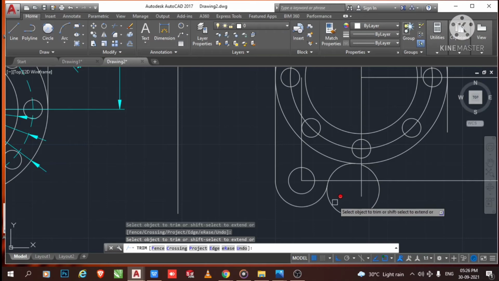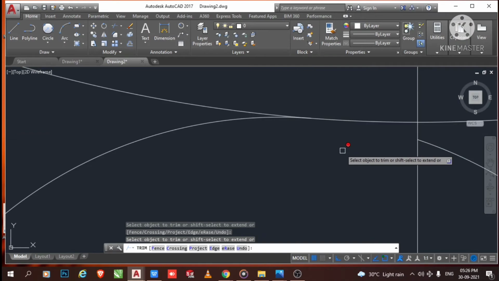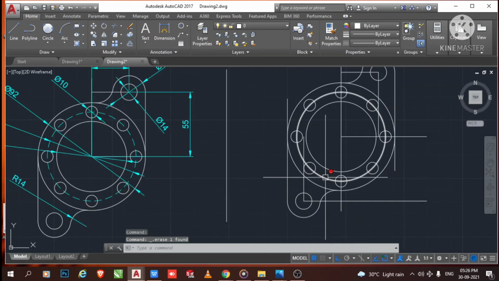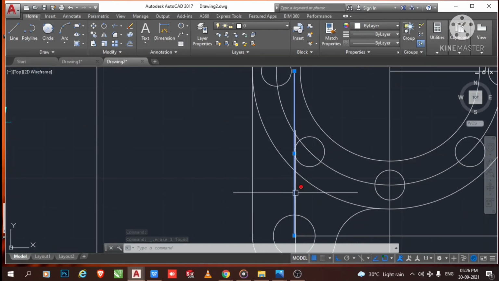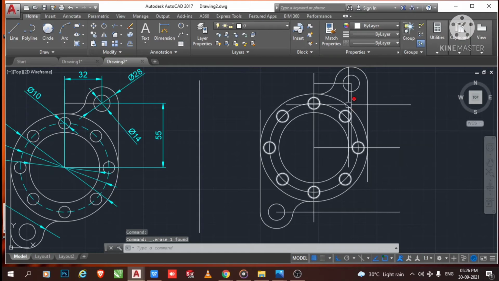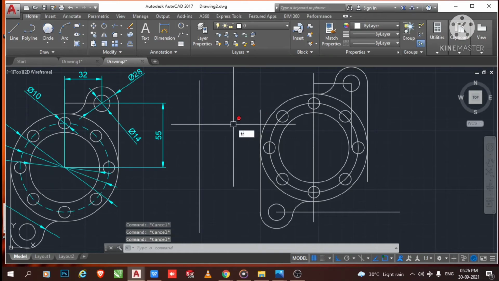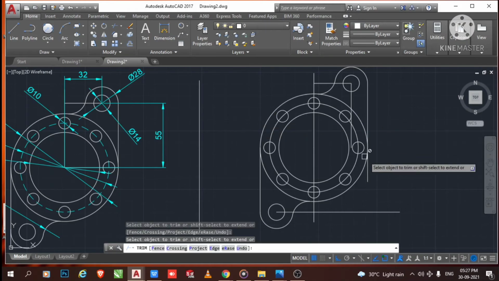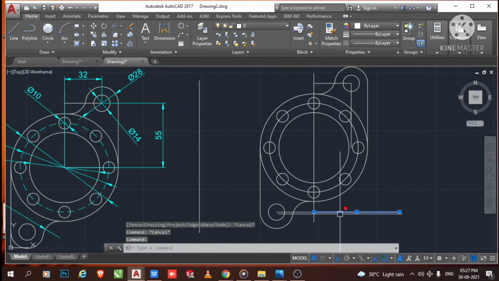Select this one and delete. Select, delete. Now remove this one. Here we use the trim command, select trim, enter, double enter, delete this one and this one. So there is no need.